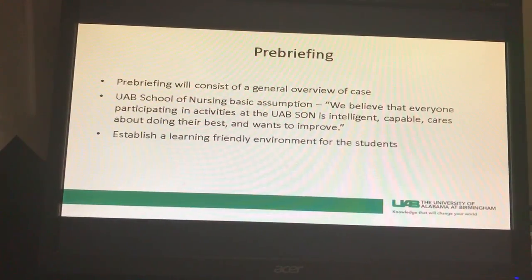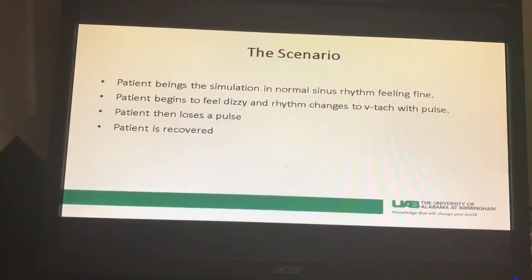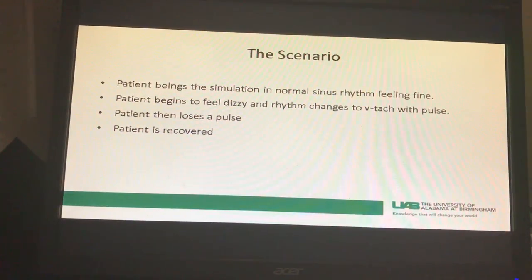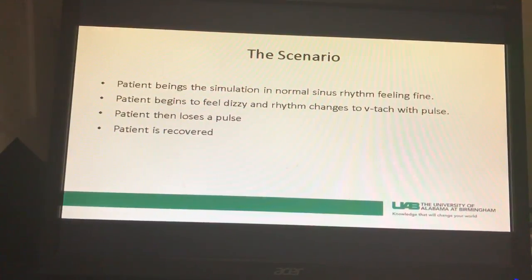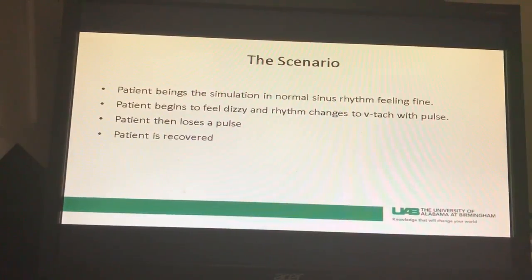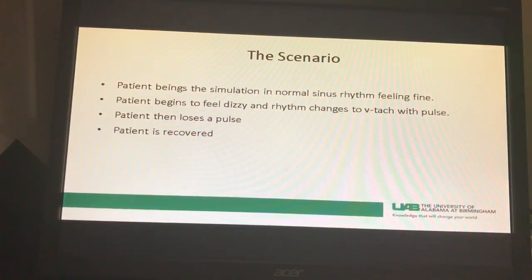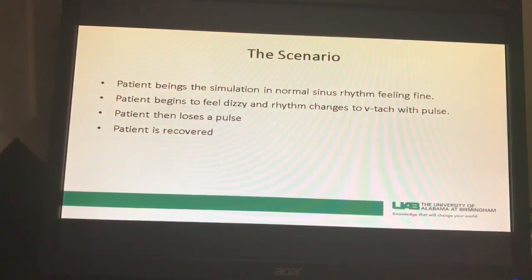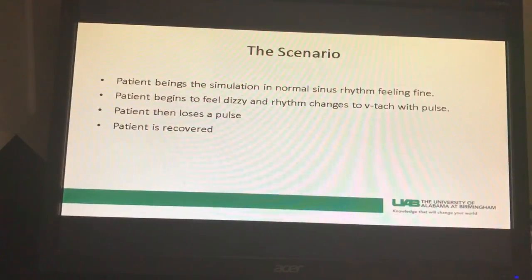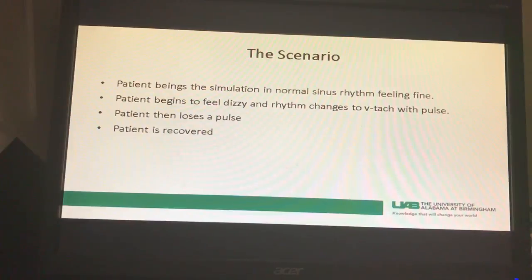We'll just discuss it and post and debrief them. The scenario starts out with the students walking into the room. The patient will be sitting in bed. He'll be feeling fine. The wife will also be there. She'll be calm at this moment. Nothing really going on. The patient, a few minutes in, will then start to say that he begins to feel